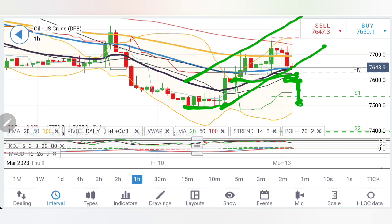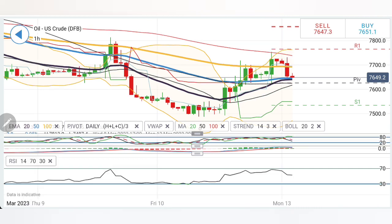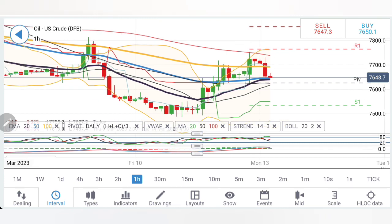See, till it stays above 74.8, do not consider it for a sell. Do not remain bearish till the time it first stays above 74.8 and then 73.8 levels, and hence you have to be cautious there. And yes, on the upside, once we can see lower highs, this makes 77.5 a very strong resistance there. Also remember, it traded outside Bollinger Bands for a little while and we can see a